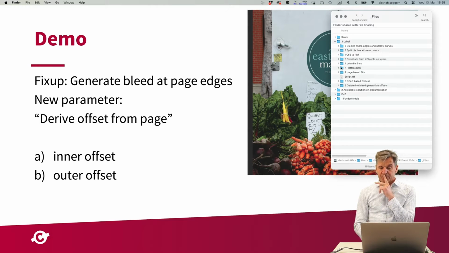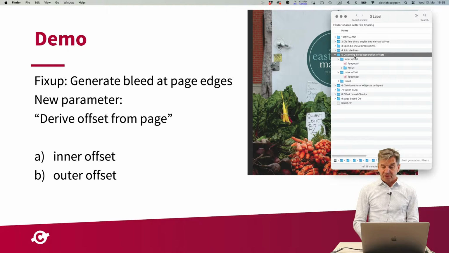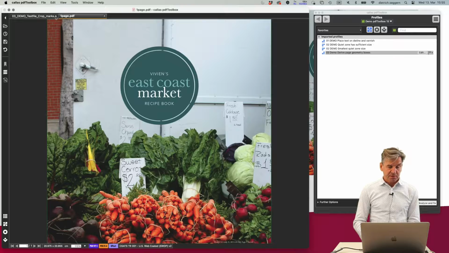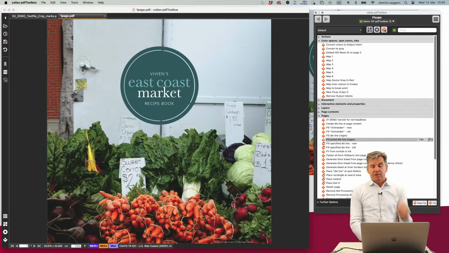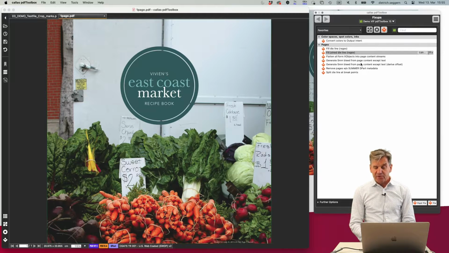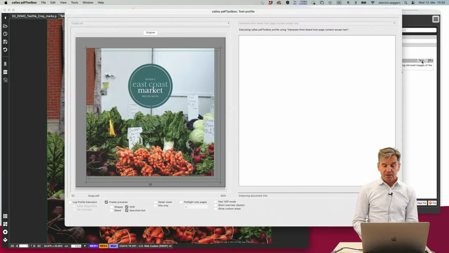I need to go here, and then we are at bleed generation offsets, and then I have an example for inner bleed. Let's just switch to here. I need my favorites. And then I have generate bleed from page content except text. And then I do that again using the test mode,